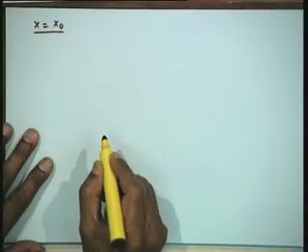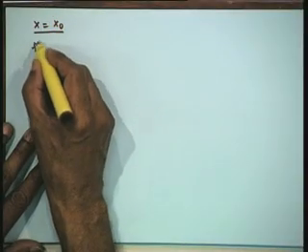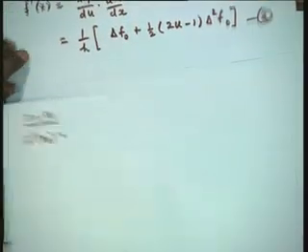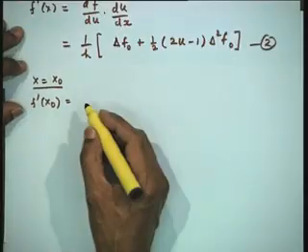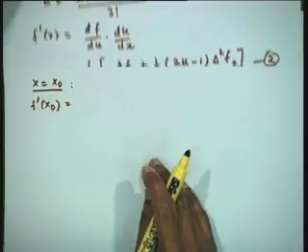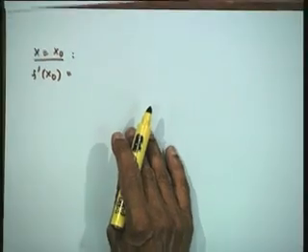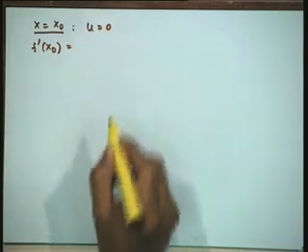Now, let us write down what will be the error in this case. Before writing the error, let us just look at how this formula looks at a nodal point. Let us take x is equal to x naught. How does it look? Then the derivative at x naught will be, now when x is equal to x naught, the value of u is 0. So we will have u is equal to 0.